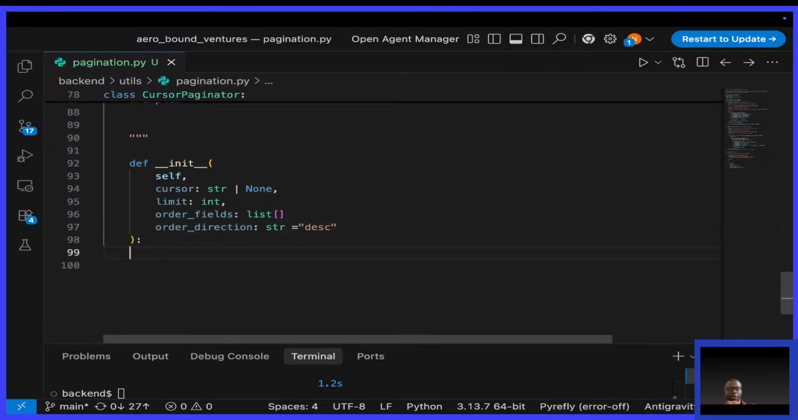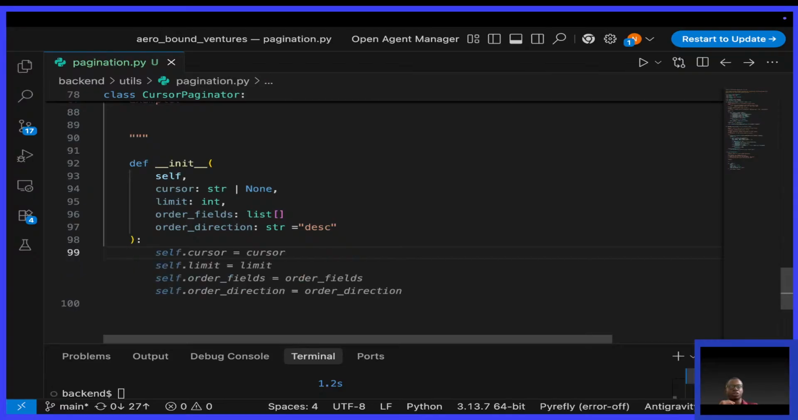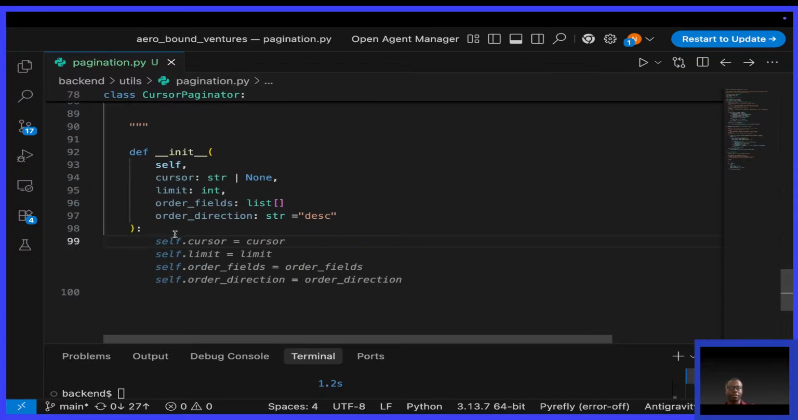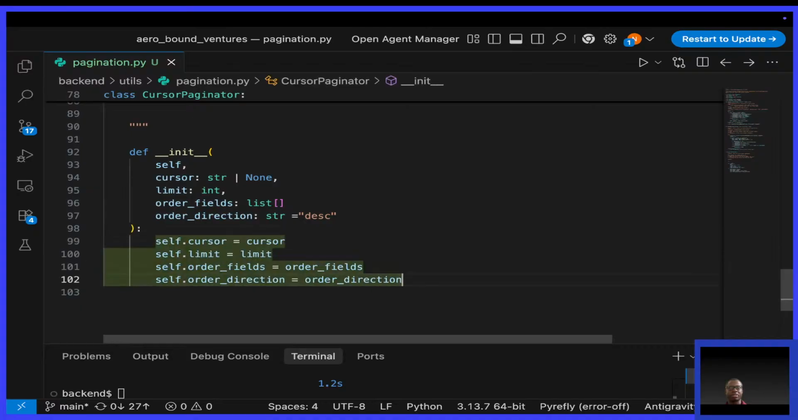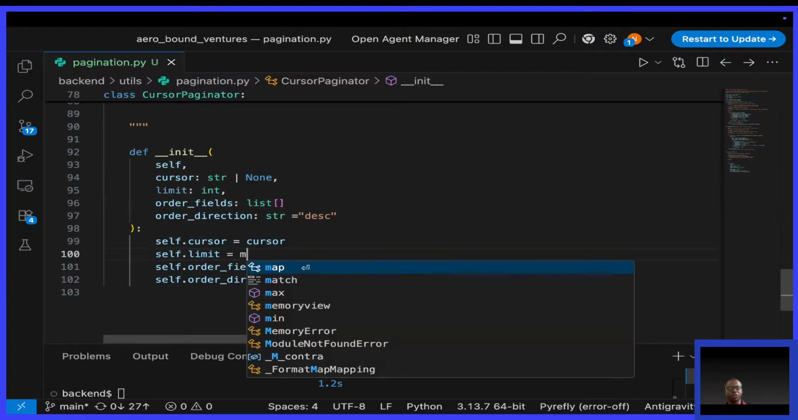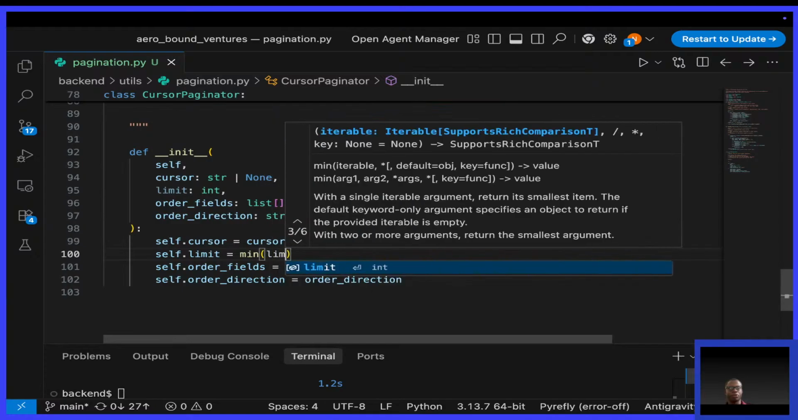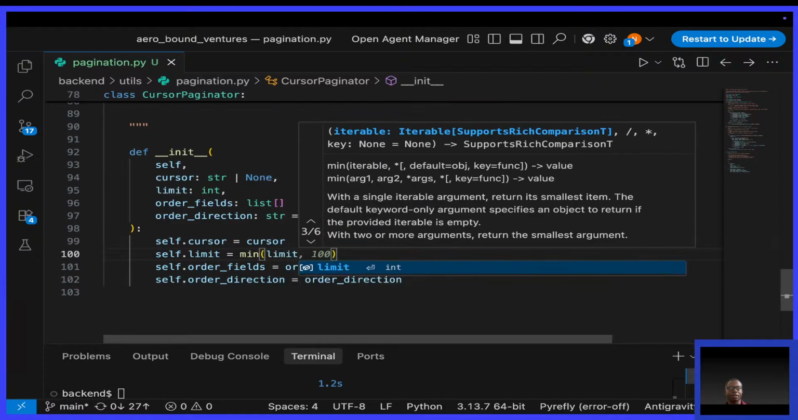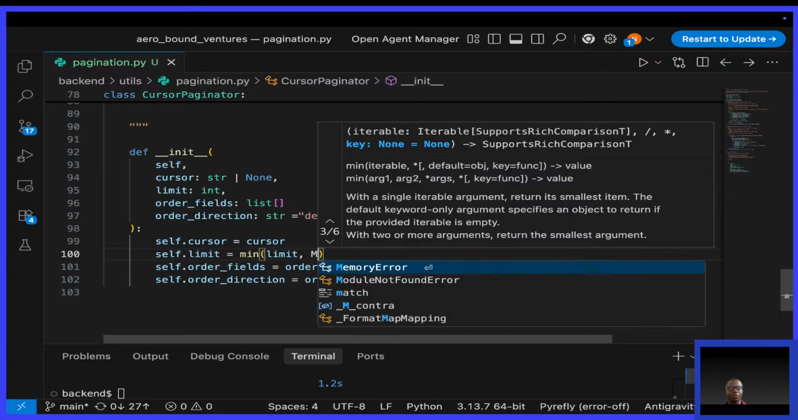All right. So maybe a simple doc string, but I think after this stream I'll put proper doc strings. Yeah. So I see AI is giving me stuff. Let me hit tab and edit. So self.cursor will be equal to cursor, that is correct. Self.limit, I want to say it will be the minimum between the current limit and the